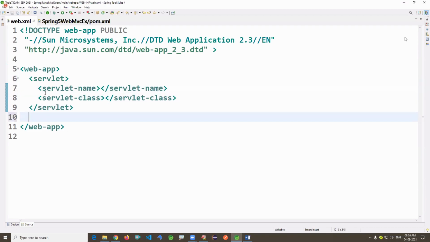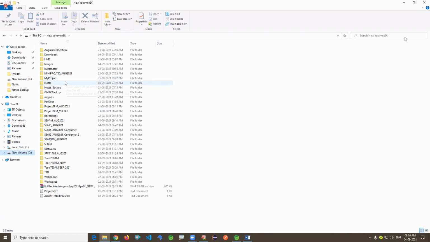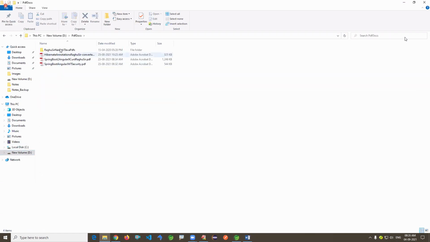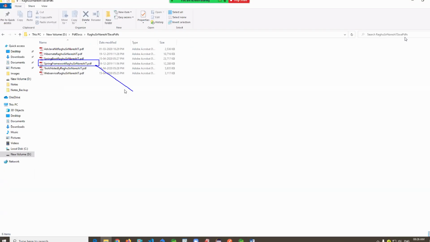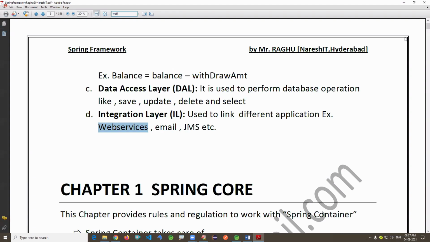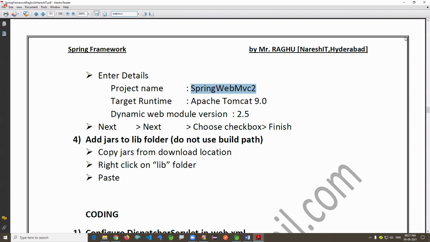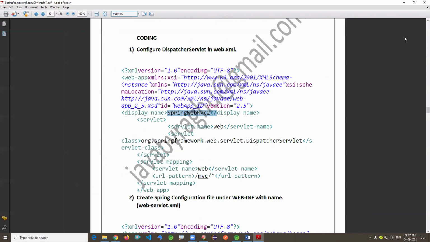If you're entirely new to these concepts here, yesterday I gave one link to download all these notes. Okay, these are all available in my Spring Framework material. You can see the Web MVC concepts. This is my Spring material. If you just open this, you can search with Web MVC. You can see the complete configuration manual.